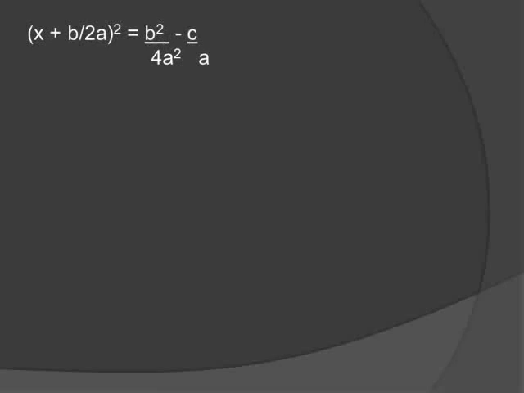From the above equation, we expand the square of b over 2a on the right hand side. So we write b square over 4a square in place of the square of b over 2a. Now by taking the LCM on the right hand side, we will get this equation x plus b over 2a whole square as it is, which is equal to b square minus 4ac over 4a square.